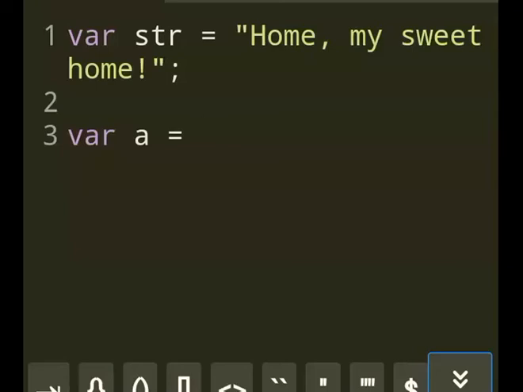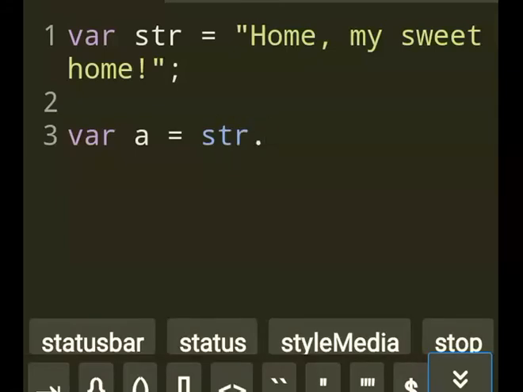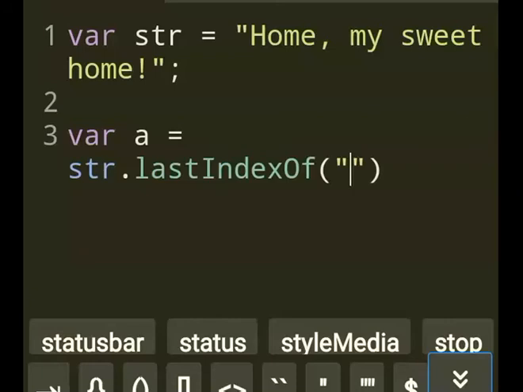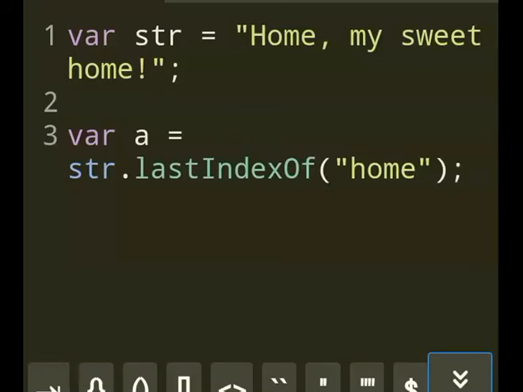Now let's consider variable A is you want to find the last index of home, so I just do the syntax accordingly. str dot lastIndexOf, and then the round brackets. Inside the round bracket, I need to write the parameters. Now in this first I consider one parameter. Okay, so let's say home. Don't forget the open and close inverted commas. So home, a small home this time, and the semicolon.